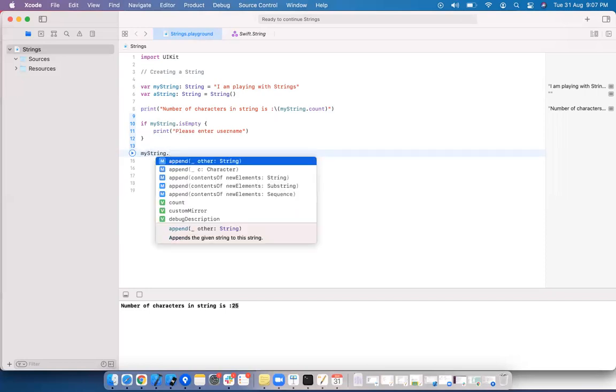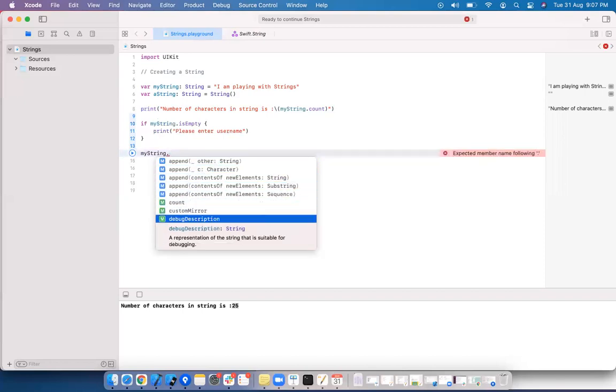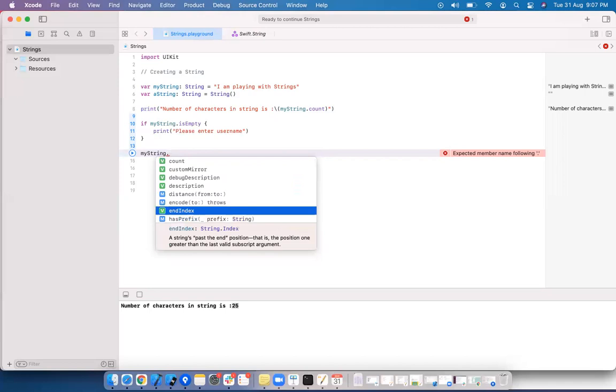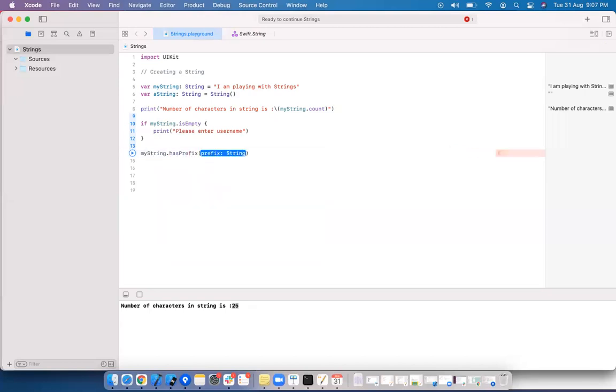My string dot append, we will see. End index, we will see. Has prefix. I am giving a value for my string. I can change the value, right? I can change the value because it is a variable.